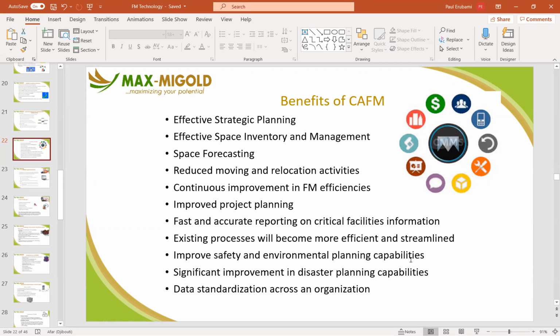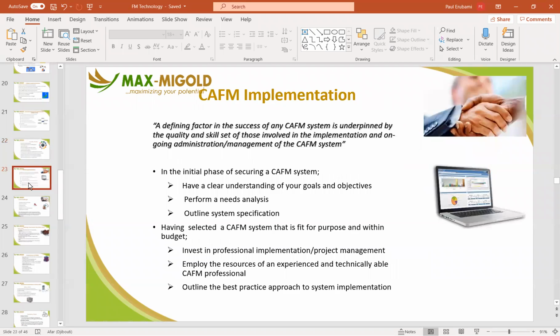So many things can be done inside. So it's your complete software for managing your facilities. Okay, beyond maintenance. So that's a clear line. So if you have a question that says, what's the difference between CAFM and CMMS? You basically say CMMS is for maintenance and CAFM is for maintenance and all other FM operations and planning and